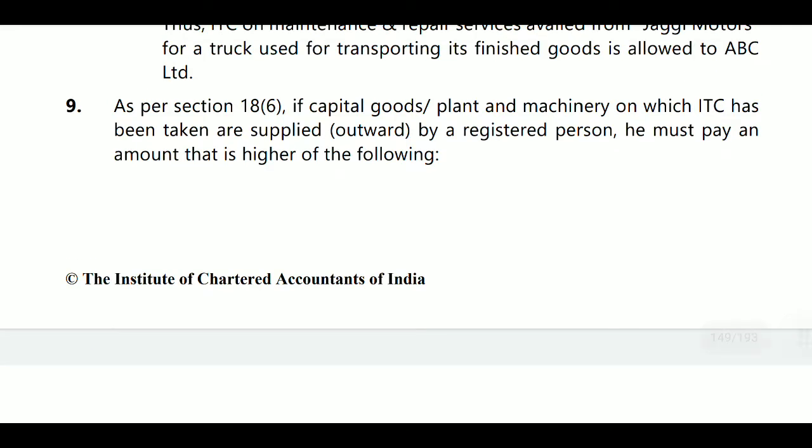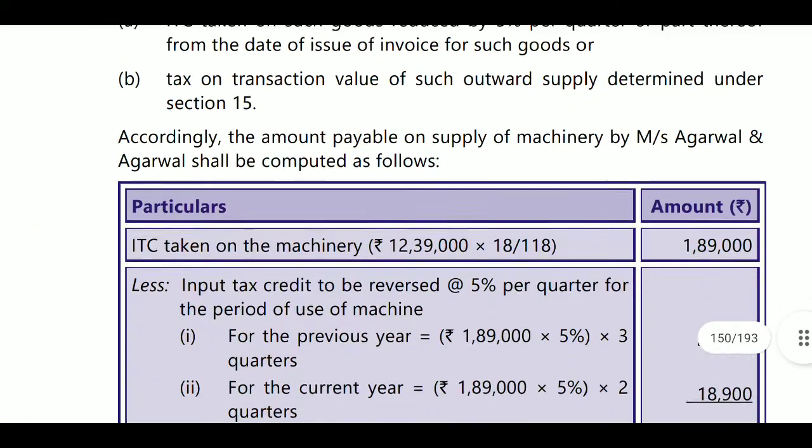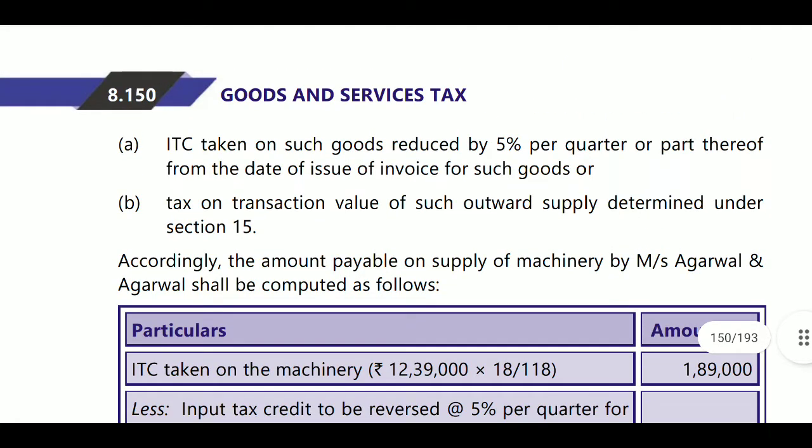As per section 18(6), if capital goods or plant and machinery on which ITC has been taken are supplied by the registered person, he must pay an amount equal to the higher of the following: ITC taken on such goods